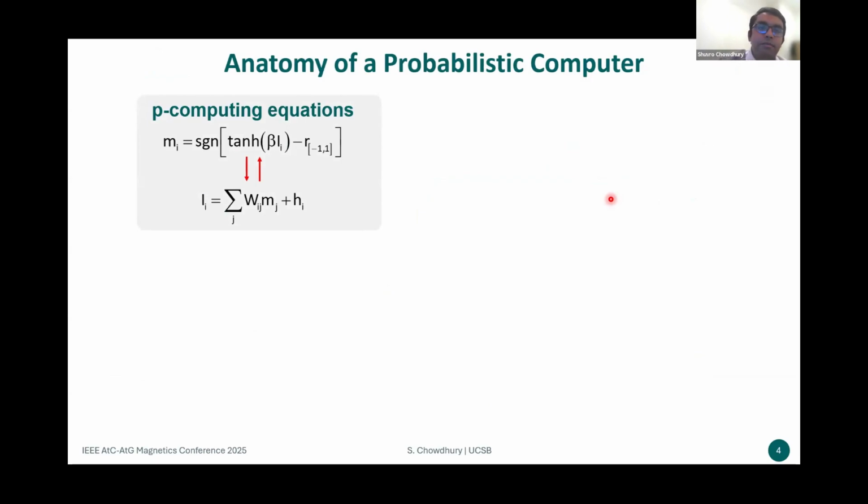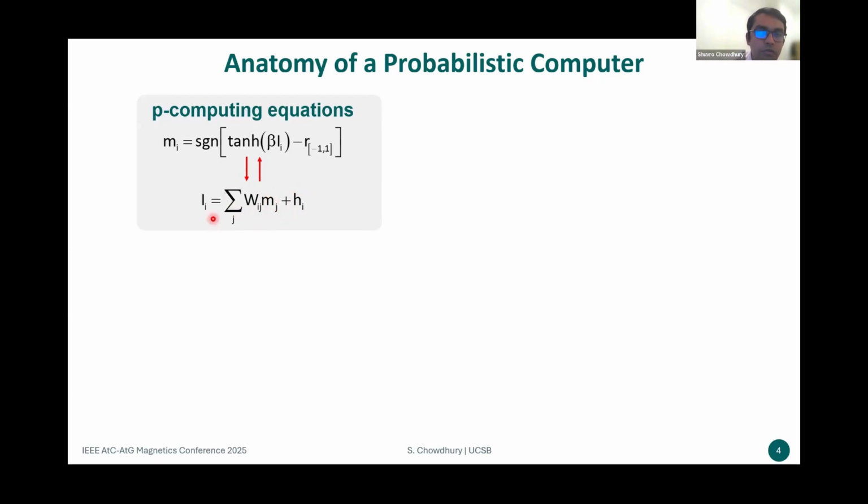And when you have many pivots, you need to somehow figure out how to make them interact with each other to solve any important problem. So in this case, the simplest way to build a probabilistic computer is to use pivots and interconnect them with this equation. What happens here is that a given pivot will collect the state of its neighbors, and then